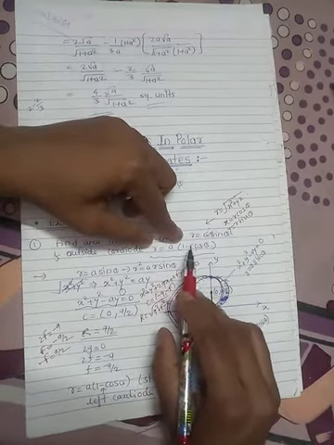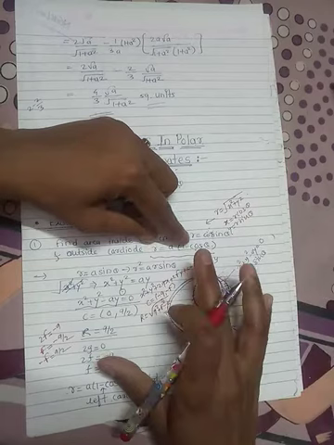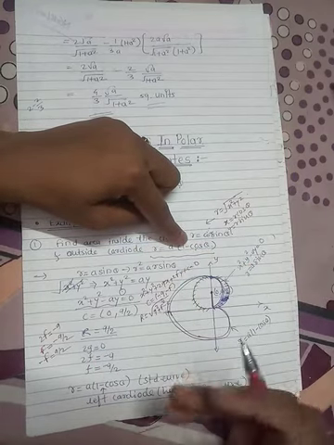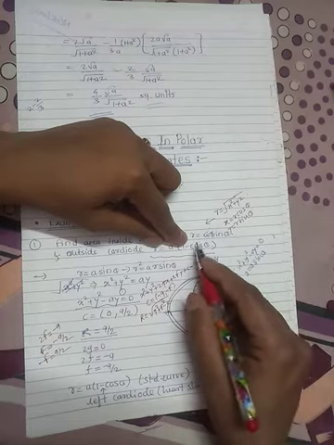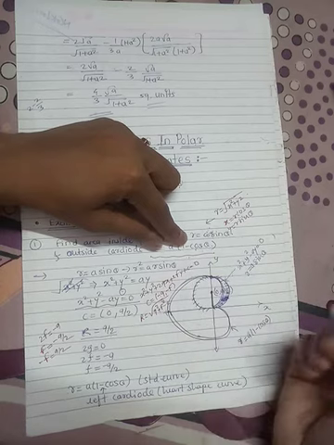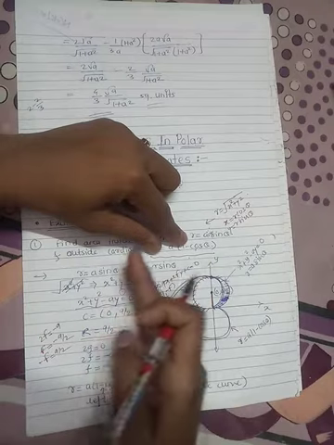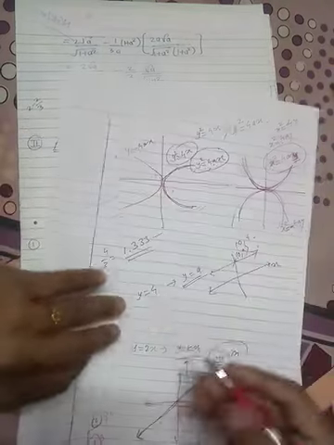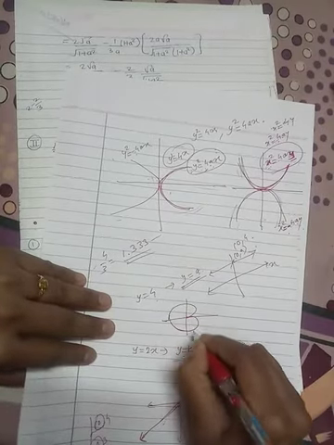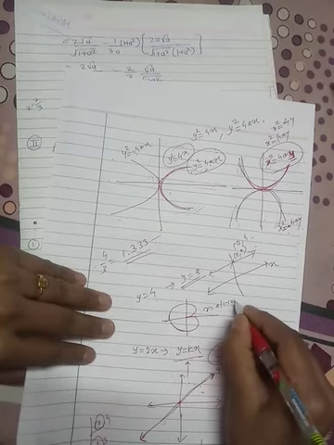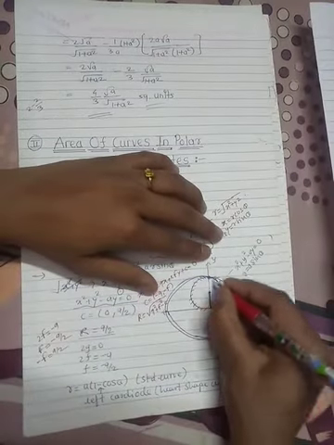Now r equal to a into 1 minus cos theta. Actually this is the standard cardioid equation. We have seen this equation in curve tracing in polar form. So draw that curve directly. You can remember this curve from the curve tracing topic. This is the heart shaped curve on the left side. This is your r equal to a into 1 minus cos theta curve. Remember it as it is and draw the curve directly. So this is your curve.